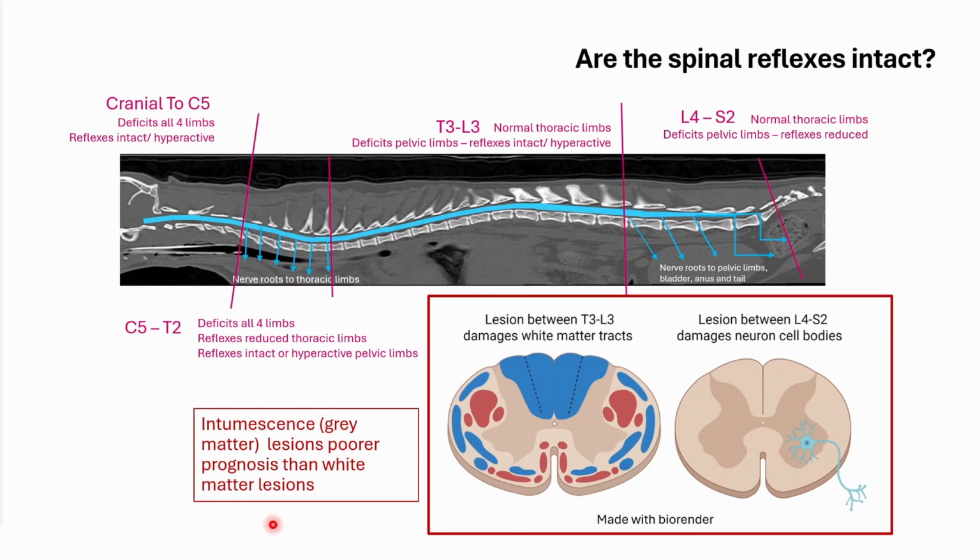These lesions have a poorer prognosis than white matter lesions, where you have the axons travelling down. So a lesion between T3 and L3 damages those white matter tracts. Remember learning all of these? Remember wondering why you had to learn all of these? Well, actually, I don't need people to know all the different names of all of these tracts. But knowing that the white matter tracts are most predominant in the spinal cord in this region, that's the useful